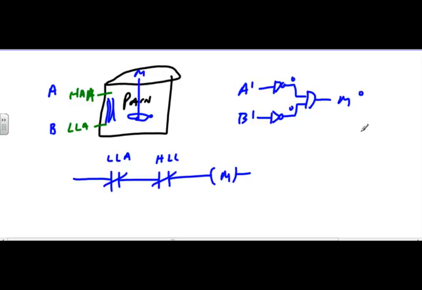So that's not what I want. That won't work. But if I go A, B, an AND gate, M, now if I have,